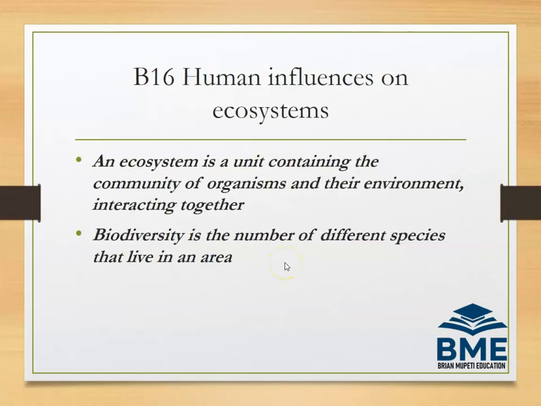An ecosystem can be described as a unit containing the community of organisms and their environment interacting together. So an ecosystem is a unit containing a community of organisms. So we have a community of organisms